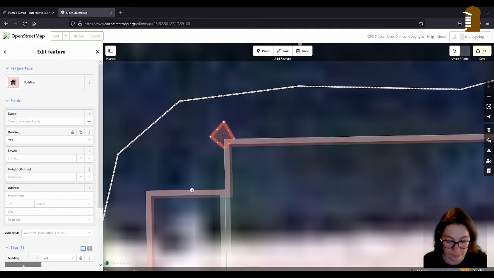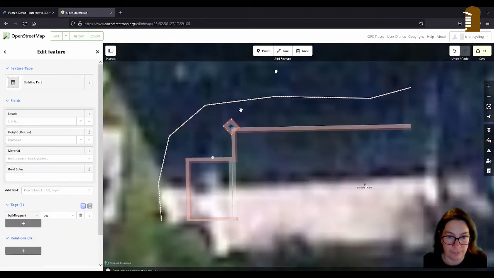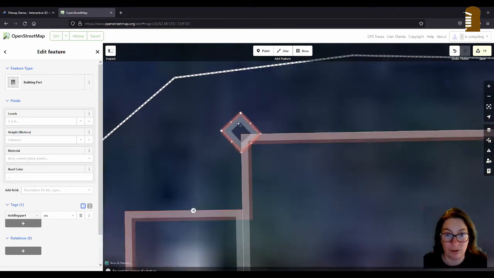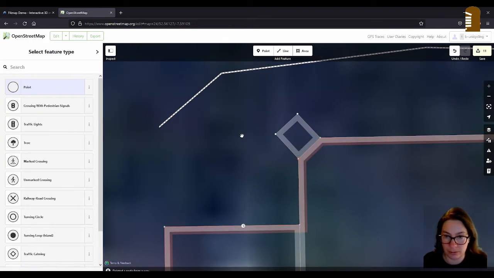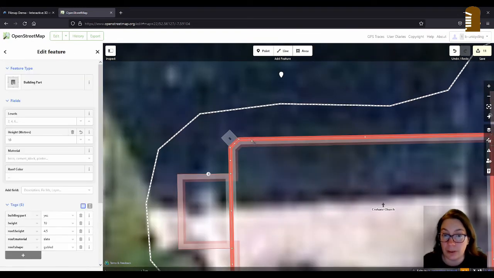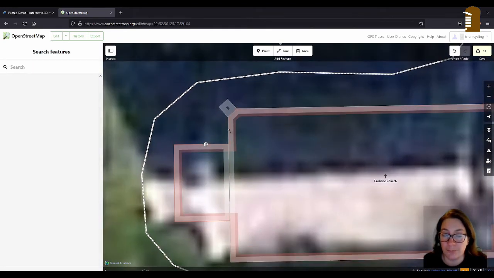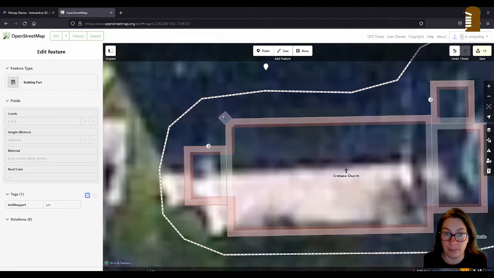Building part. Roughly like that. And then I can delete this corner here, so we don't have an overlap. But if you remember, the outline doesn't include this little part, so we have to modify the outline in the end.